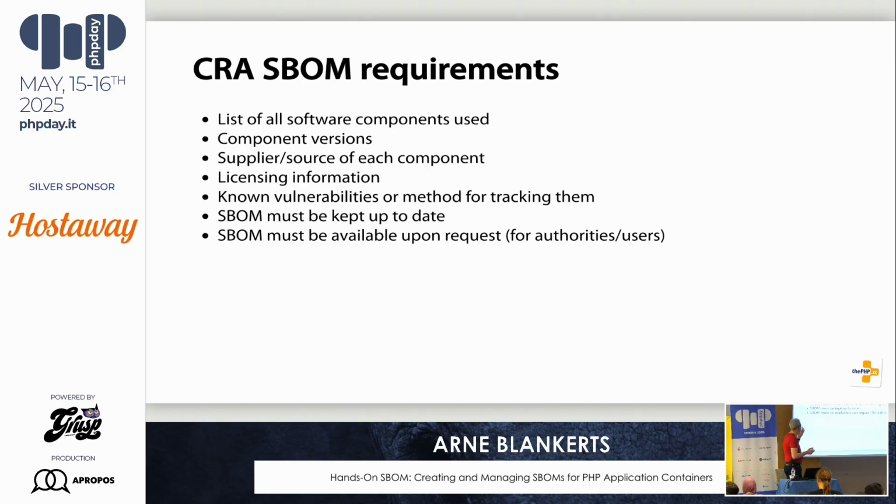But it boils down to, okay, we wanna have a list of software components being used. We wanna have their versions. We wanna have a supplier and a source address where to actually get this software potentially from. We wanna have the license information as a requirement. So this was something the others didn't necessarily require, but would make sense to have anyhow. And we want to know if your product has any known vulnerability at the point of shipping,